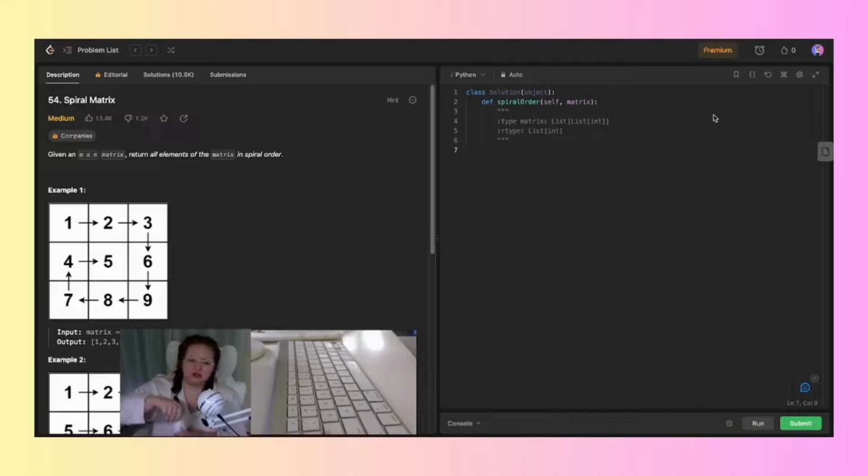So today's solution is going to be in Python for 54, and it is the spiral matrix. Now, I did read through this twice. Just so I make sure I've read through everything clearly, I'm going to read through it one more time with you. So here we have, given an m by n matrix, return all elements of the matrix in spiral